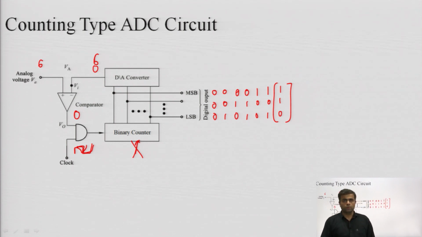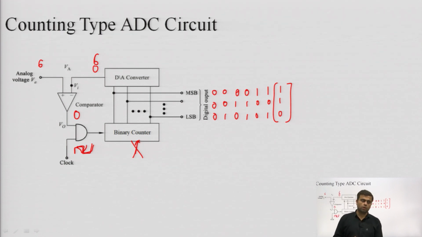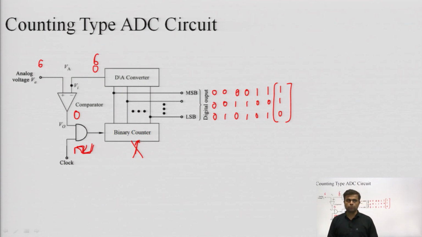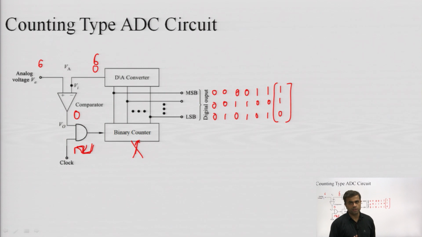So comparing the performance of this counting type ADC with the performance of the successive approximation ADC, we can see that the operation of the counting type ADC is comparatively simpler than the operation of the successive approximation A to D converter. So these are the two A to D converters which are themed around the same concept, but successive approximation will give a faster response, because the number of approximations decides it, and in a maximum of 4 clocks it will give me the final output.